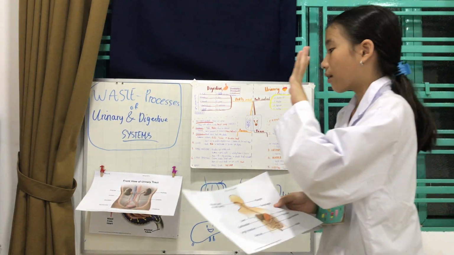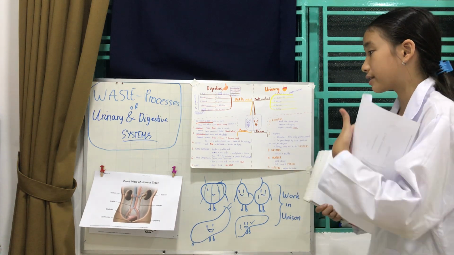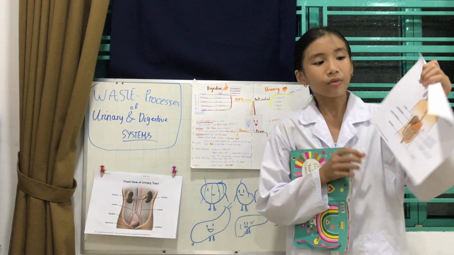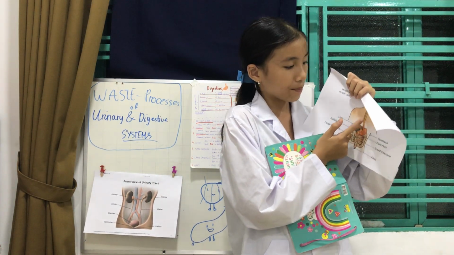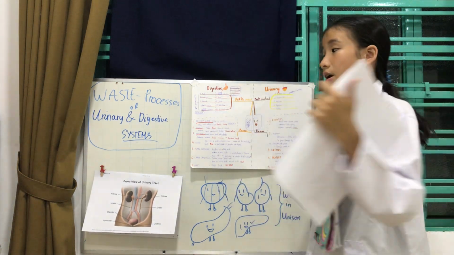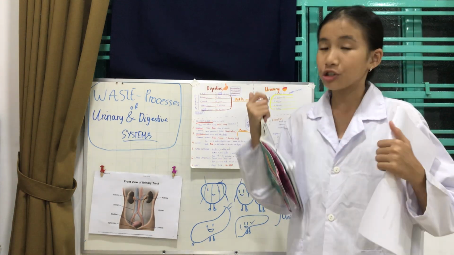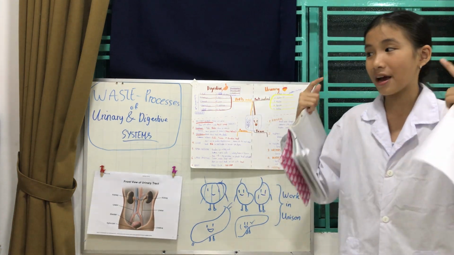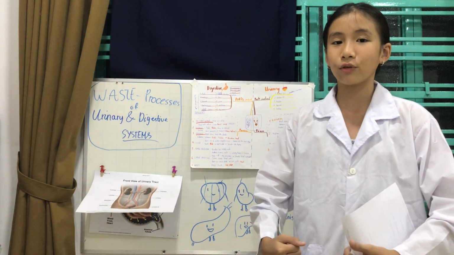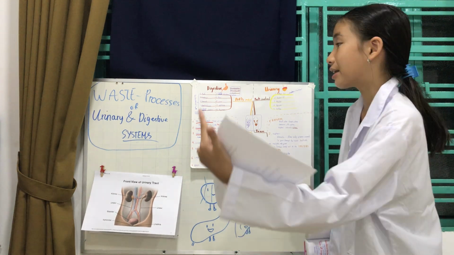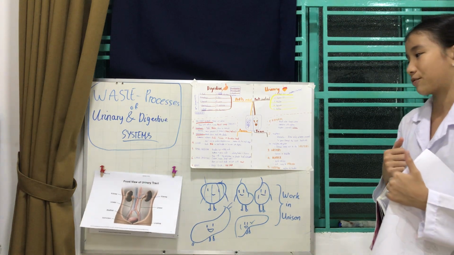Now, the esophagus pushes the bolus down to the stomach, and the nerves in the esophagus part and in our body sense the piece of bolus and send signals to our brain. And then our body will automatically push the bolus down to the stomach. And that process is called peristalsis. Now you know where that word comes from.